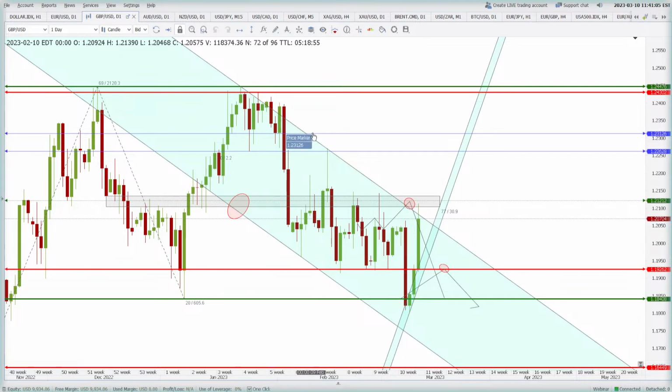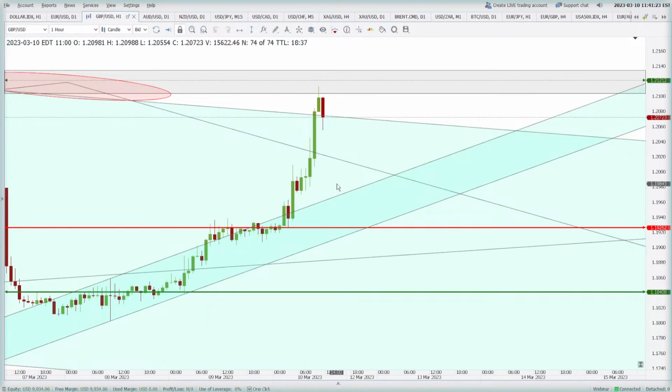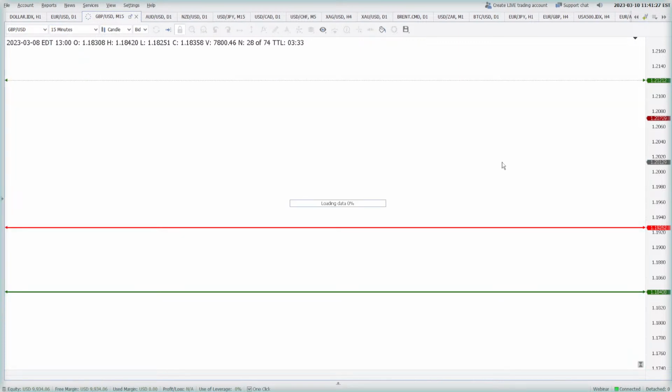Well, there was a confluence of resistances actually on the daily time frame. There is one resistance being offered by this falling channel's resistance line, and the other resistance was this zone. So the price has seen both the areas. Now I think the sellers have already pushed the prices below that level, and it seems like on 15 minutes I think the structure would have already been broken. I feel like that,